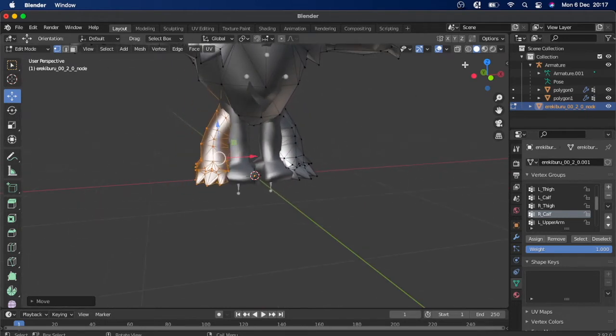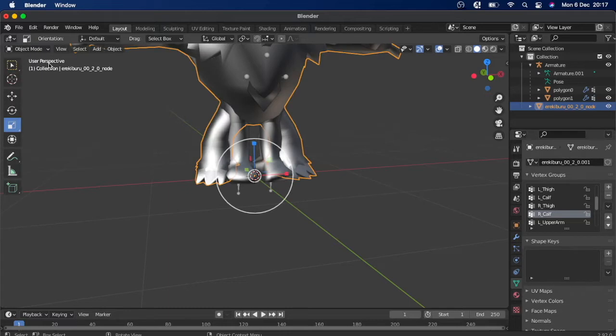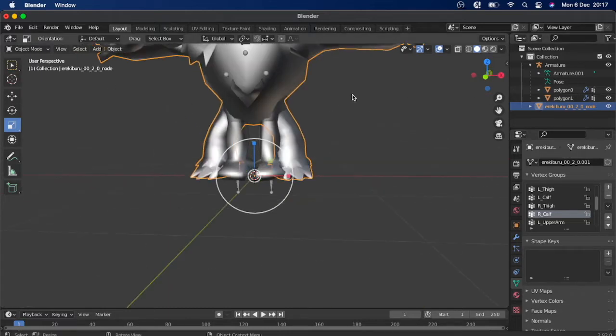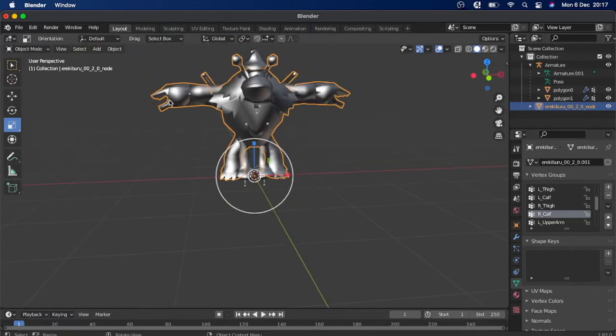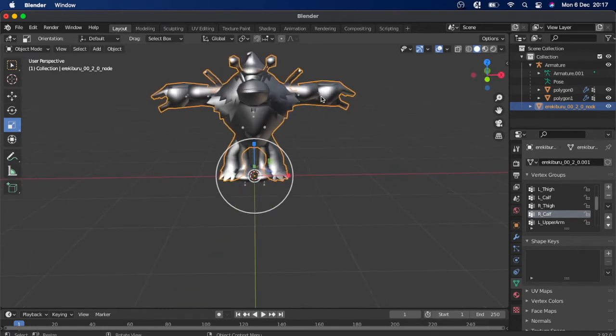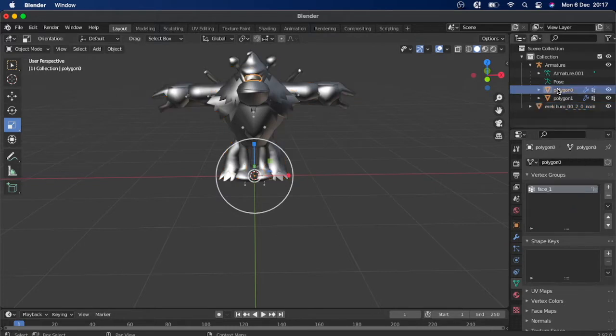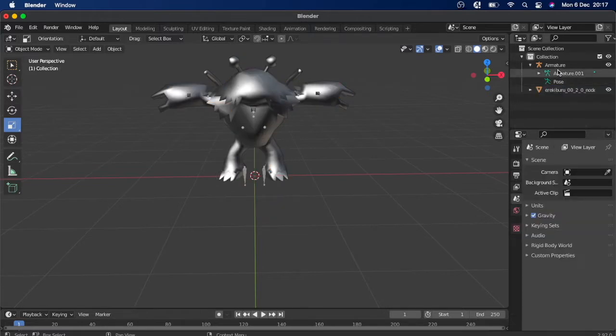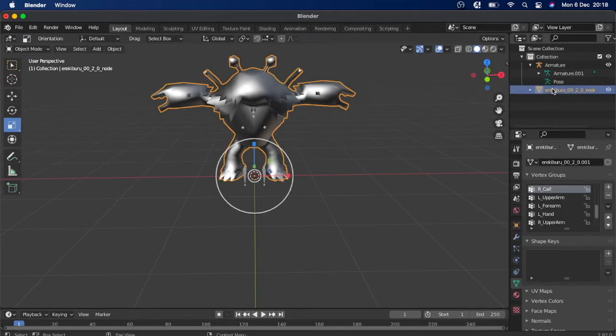So the next stage is to head back to object mode, and because I have aligned the arms with Donkey Kong's arms perfectly, I know that this character will work absolutely fine when he's holding on to the bike or the cart. So all I need to do now is go ahead and click X on the two Donkey Kong polygons to get rid of them, making sure the armature isn't deleted,